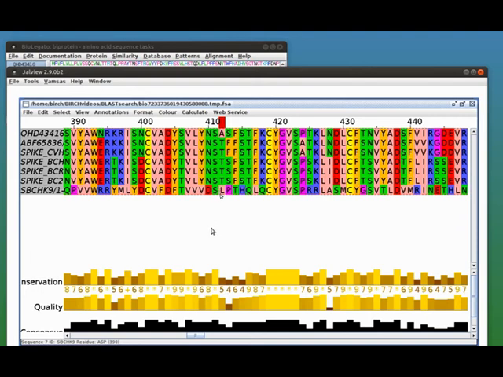So we have a lot of different ways of viewing the alignment in Jalview, and just to keep it brief, I'll mention the conservation graph at the bottom. The conservation graph indicates the degree of conservation at a given position. So, in keeping with what we were looking at before, position 412 is somewhat less conserved than the surrounding